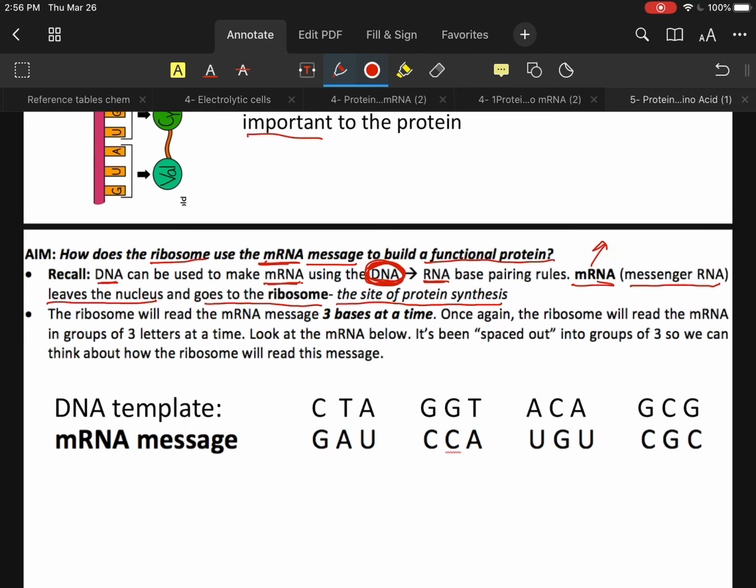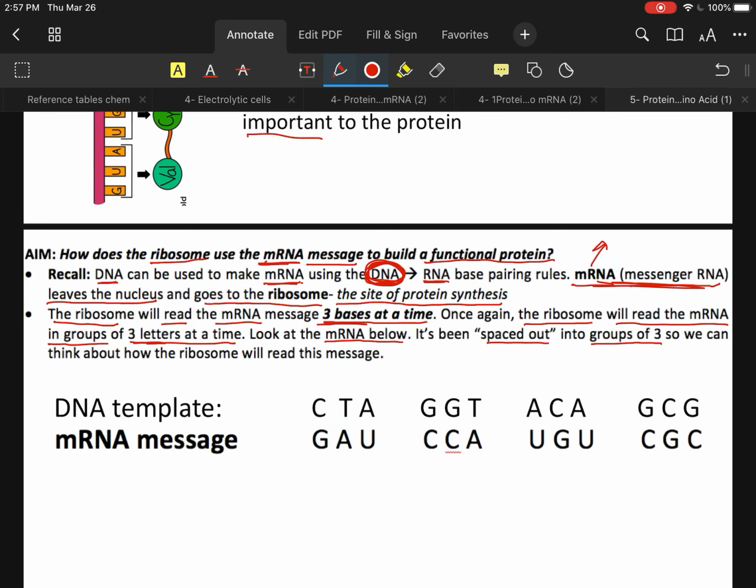So the ribosome is going to receive the mRNA message, and the ribosome will read the mRNA message 3 bases at a time. Once again, the ribosome will read the mRNA in groups of 3 letters at a time. Look at the mRNA below. It's been spaced out into groups of 3 so that we can think about how the ribosome will read this